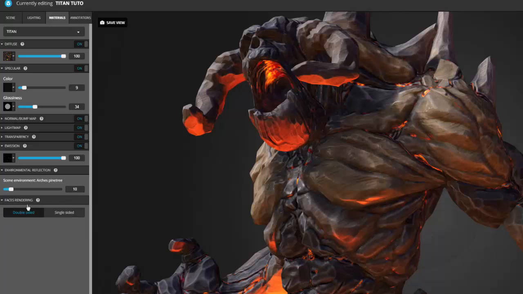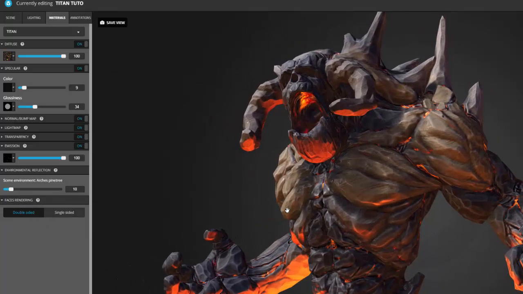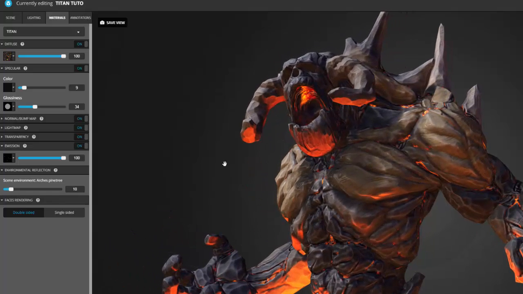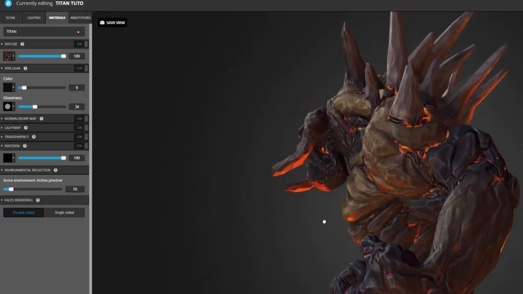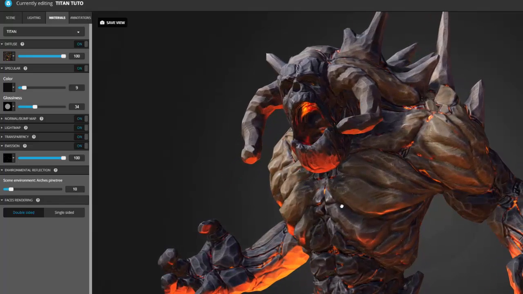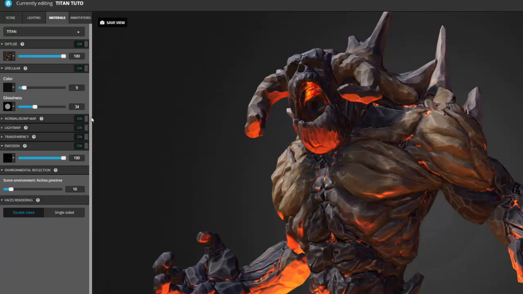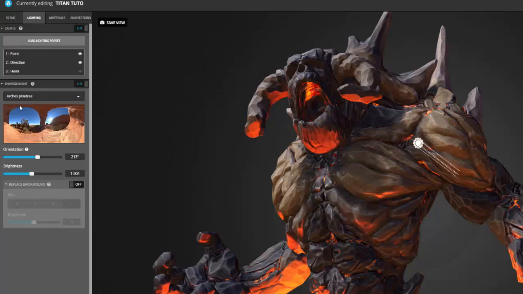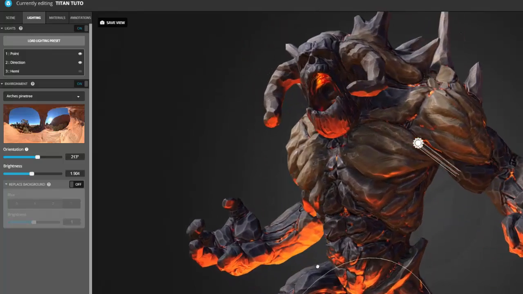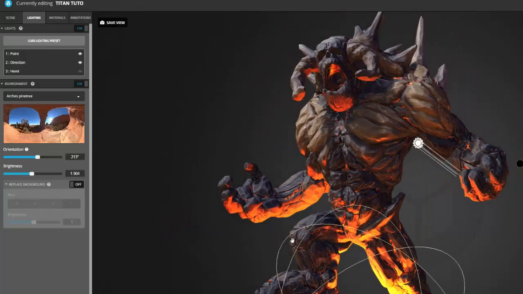And here, faces rendering. It's to have the culling of the faces. So if you have a two-sided plane, for example, you make a flag and want to be able to see it from both sides, it's better to keep it enabled, but as my mesh is closed, I don't need it, so I will just use single-sided. Maybe it will enhance the performances of the Sketchfab engine. So in the lighting here, I'm pretty happy with the result, and we will just go into post-production,